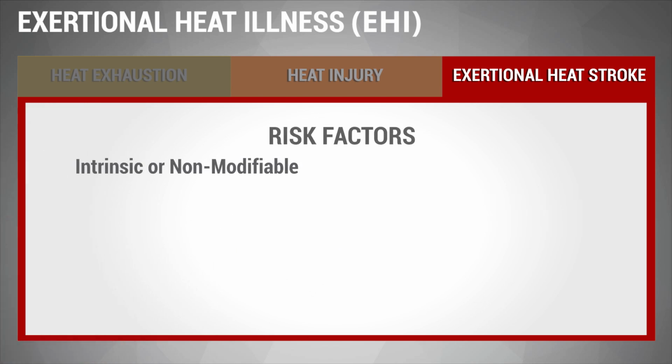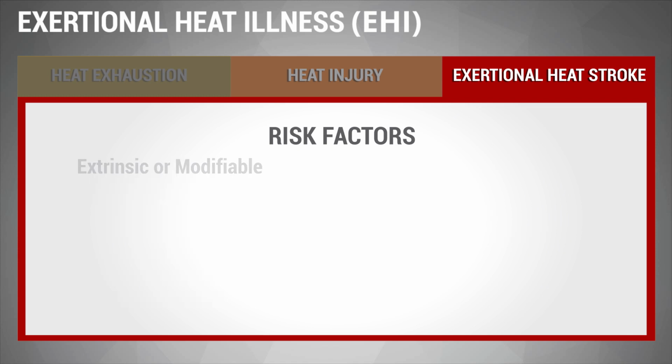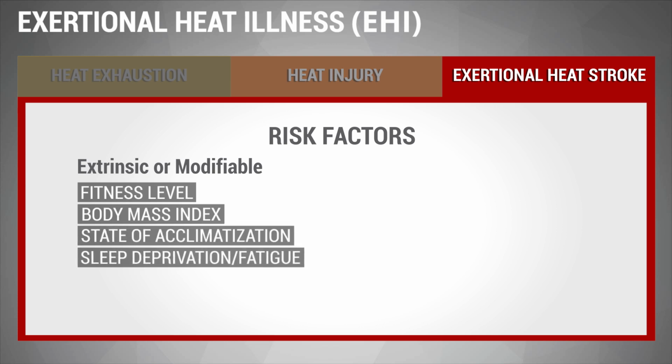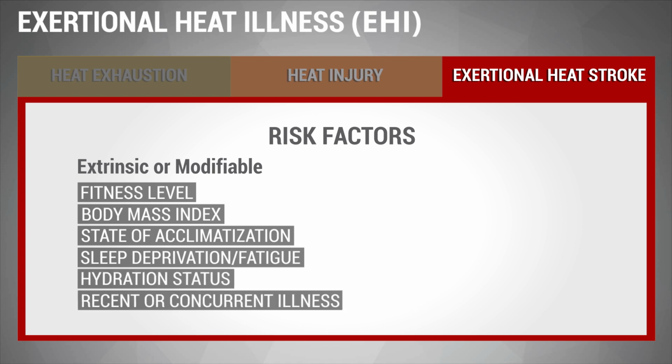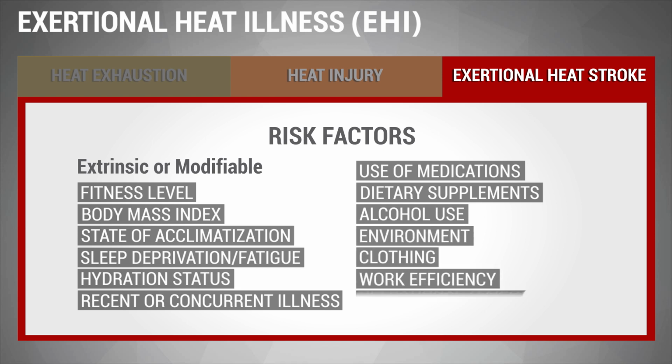Risk factors for heat illness can be divided into defined categories. Intrinsic or non-modifiable risk factors may be congenital, genetic, or may be acquired. Extrinsic or modifiable risk factors include fitness level, body mass index, state of acclimatization, sleep deprivation or fatigue, hydration status, recent or concurrent illness, use of medications, dietary supplements, alcohol use, environment, clothing, work efficiency, and the operational